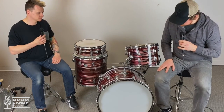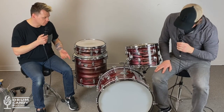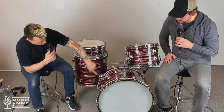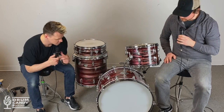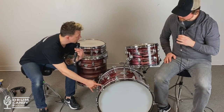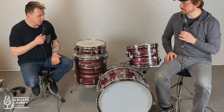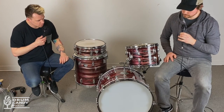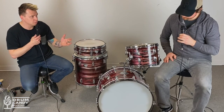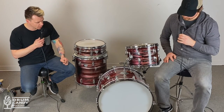So what are the things to look out for that might not be up to par on this particular series? So if you're going to buy one and you care about the condition, because it has kind of a horizontal pattern to the wrap, sometimes the oyster finishes like Blue Oyster and Black, there'll be a crack that goes with the actual pattern. Oh. And if you're going to somebody's garage at night and you can't see it, sometimes you'll get home and be like, oh, there's a bunch of cracks in this. They'll also crack in the lug because it's a thinner wrap. The blue cracks a lot, way more than any other finish, which is really weird. But cracking in the wrap,